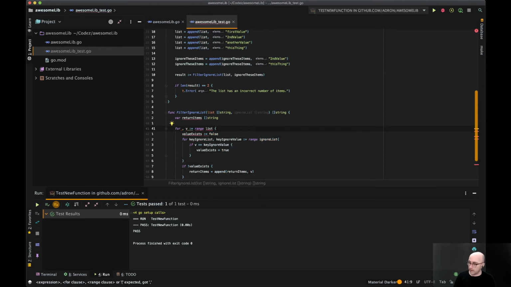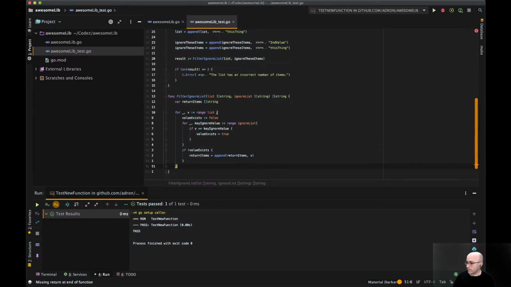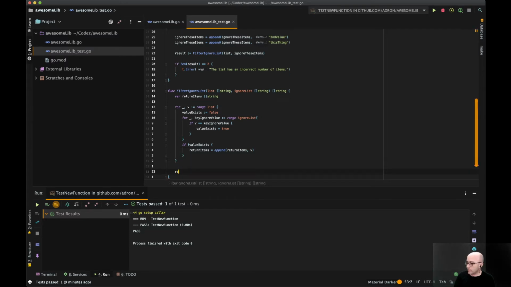And we don't really need the key here, so I'm going to underscore it to ignore that. Same thing with this one. We don't really need a key. We just need to compare the values and then add them to the list. And then here we need to return return items. So here I've kind of done a poor,